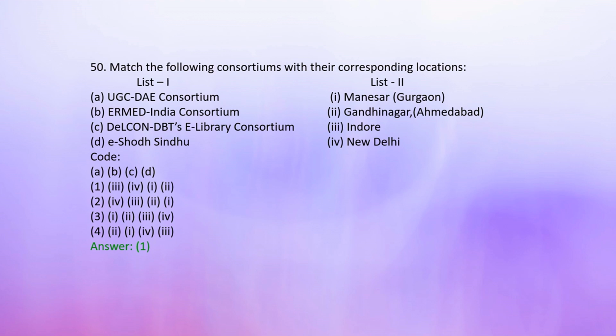Number 50. Match the following consortium with their corresponding locations. List 1. A. UGC DAE consortium, list 2. 1. Manesar Gurgaon. B. ERMED India consortium, and list 2. 2. Gandhinagar Ahmedabad. C. DELCON DBT's e-library consortium, and 3. Indore, and D. e-ShodhSindhu, and 4. New Delhi. And correct answer is number 1, means UGC DAE consortium goes on Indore,